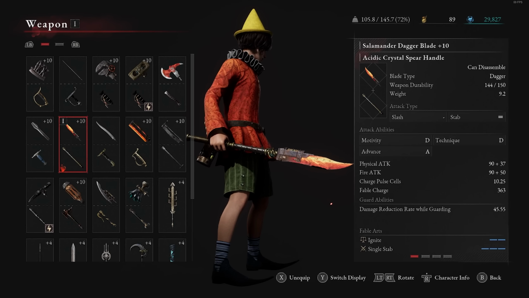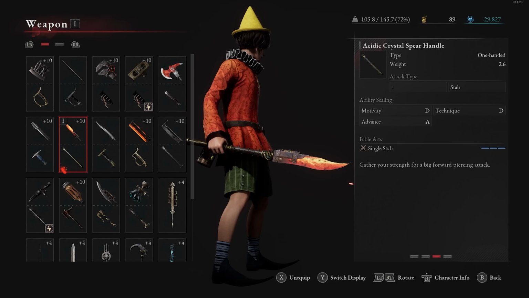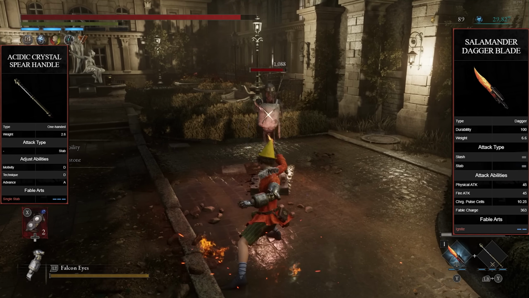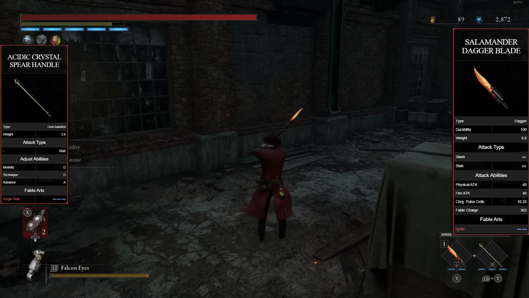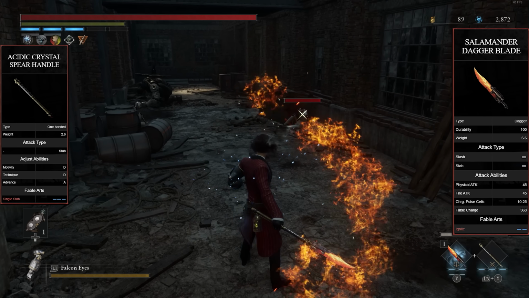Starting off, I want to talk about the Salamander Dagger Blade alongside the Acidic Crystal Spear Handle. Now this is going to be more of an advanced type build, as the handle does actually offer an A scaling in advance, and when you put an advanced crank onto it, you actually can bump it up to an S scaling, which is really nice. Now this is going to pair very well with the Salamander Dagger Blade, as it does get that innate fire damage, so actually we'll end up proccing the overheat even quicker, and the Fable Art Ignite will also do the